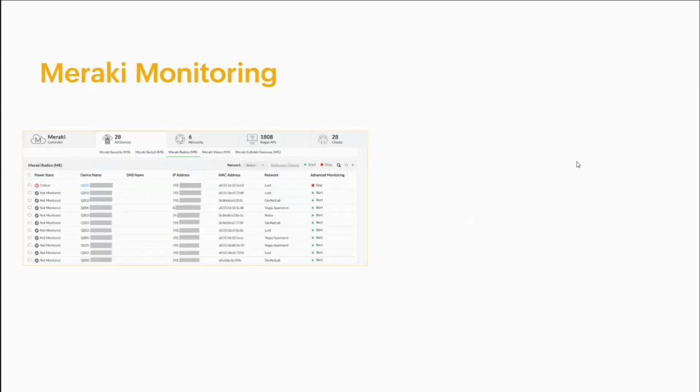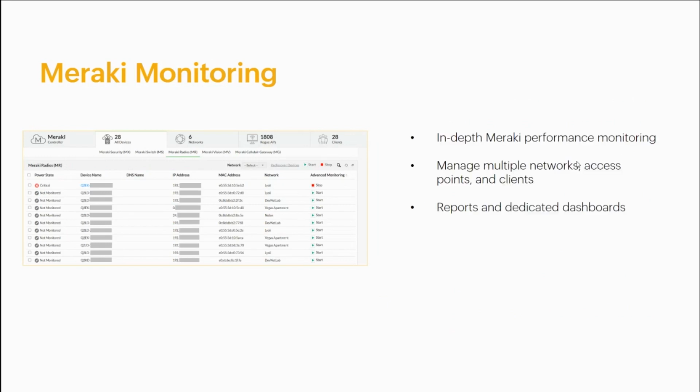And next we move on and we talk about the Meraki monitoring feature in OpManager. This is a newly developed feature that lets you discover and monitor Cisco Meraki controllers, and monitor their availability, health, efficiency, and performance. It works on API based monitoring.